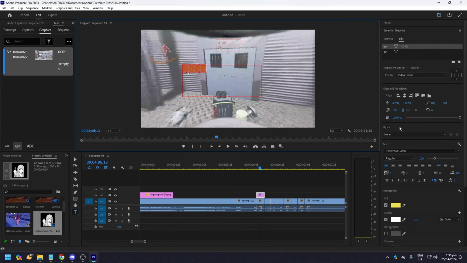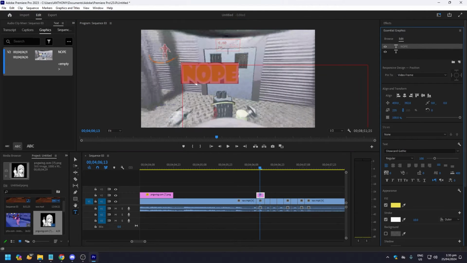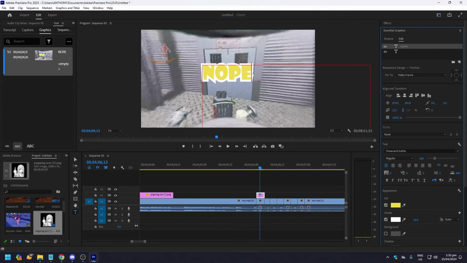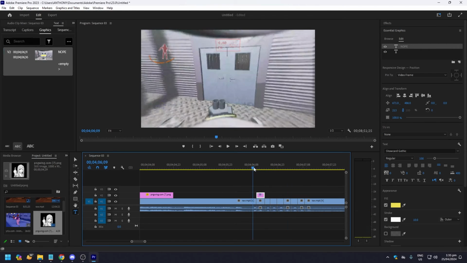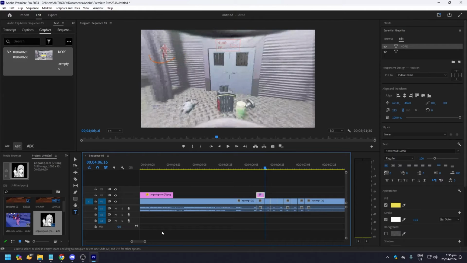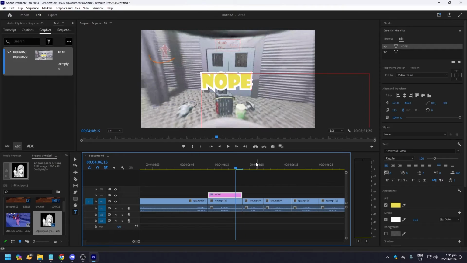And then what you want to do next is click on this toggle animation for scale. Scale, or the size of the font. You do this, right? And then you just drag this to wherever you want. So this. So that's the first nope. And then we're just gonna copy that,